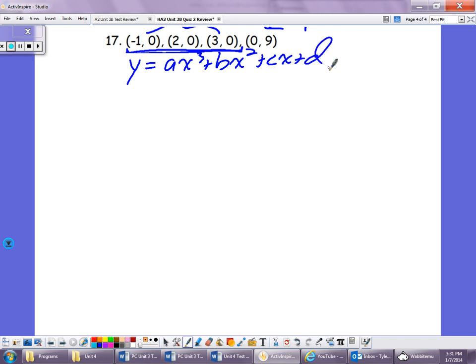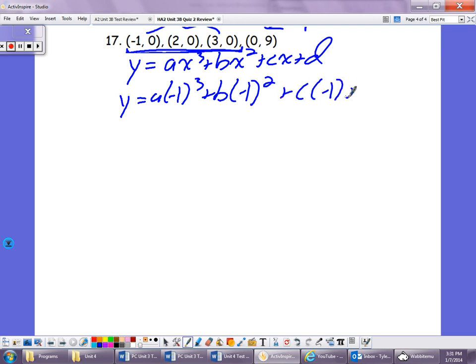And then you're going to plug each of these values in for x and for y in this equation and set up a matrix equation. So what you would end up with is y equals a times negative 1 cubed plus b negative 1 squared plus c negative 1 plus d